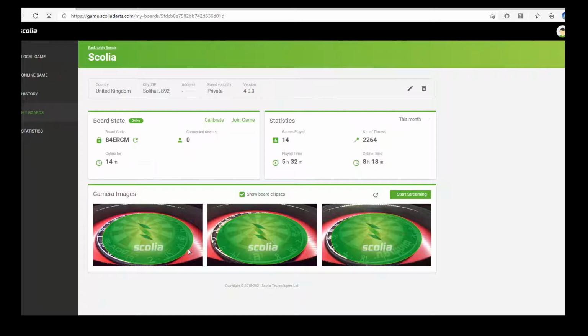Now you'll note that my board is slightly veering out of this green zone, so we can see the numbering out here, so just slightly off. Ideally you want to get all of the numbers in, so it is important that you have one of these clear rings to do that,